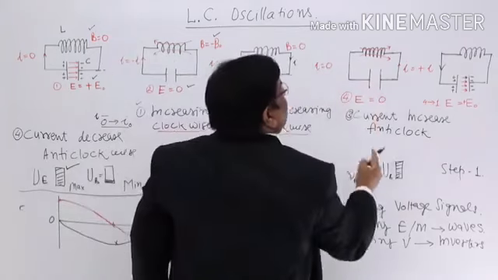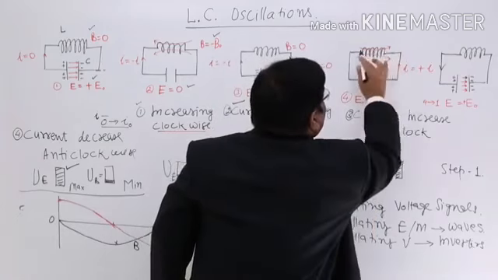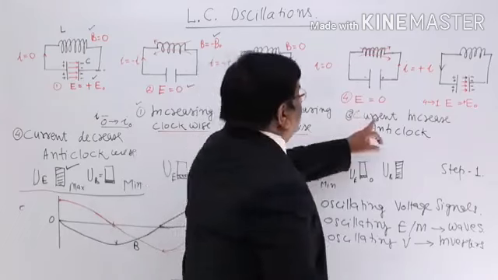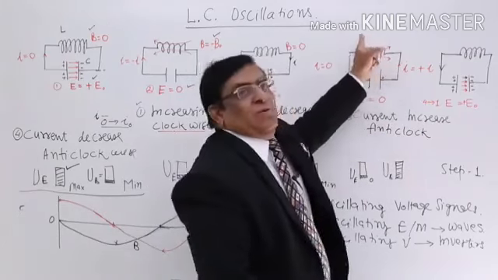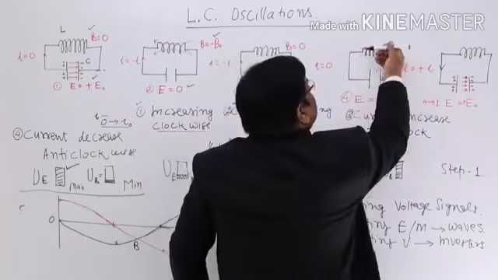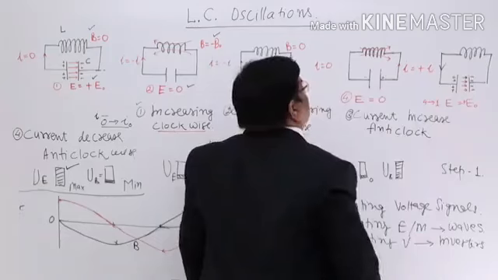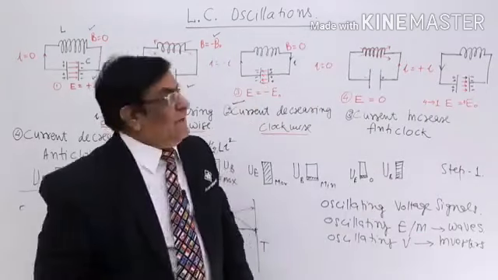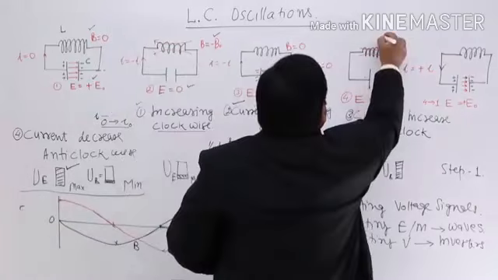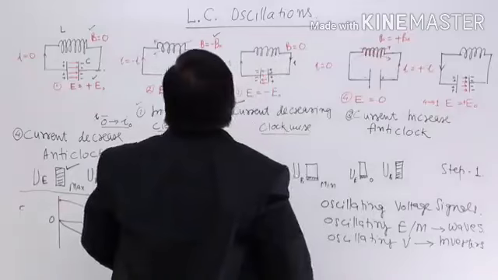They form electric current. When they form electric current this way, then initially when they have full charges, the current increases. And when the current goes in this direction, what is the nature of the inductor? It will oppose the increasing current. So it makes a magnetic field here. And here we get a magnetic field which is B0. Okay.